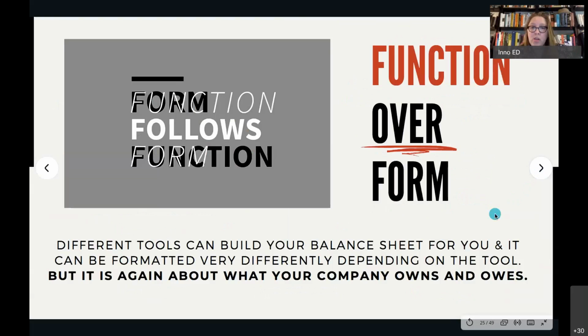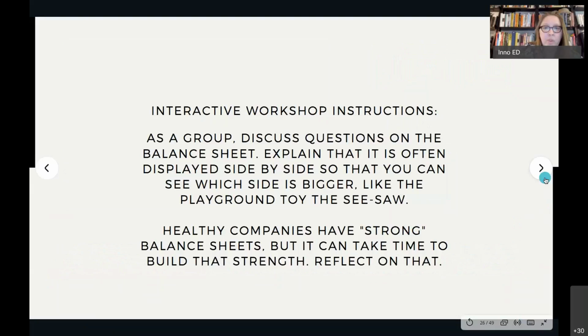So the one thing to know about a balance sheet, similarly, when you look at them, there can be lots of different formats. We showed it left to right. A balance sheet could put together top and bottom. So how the sheet comes together doesn't matter. It is the function of what's happening, of showing you one thing versus the other thing. And so in a group, you would just spend a few minutes in a group discussion talking about what a strong balance sheet is versus what it means to build that strength, and just reflect on it. Because for some people, this is a new concept to be thinking about how the balance sheet comes together.